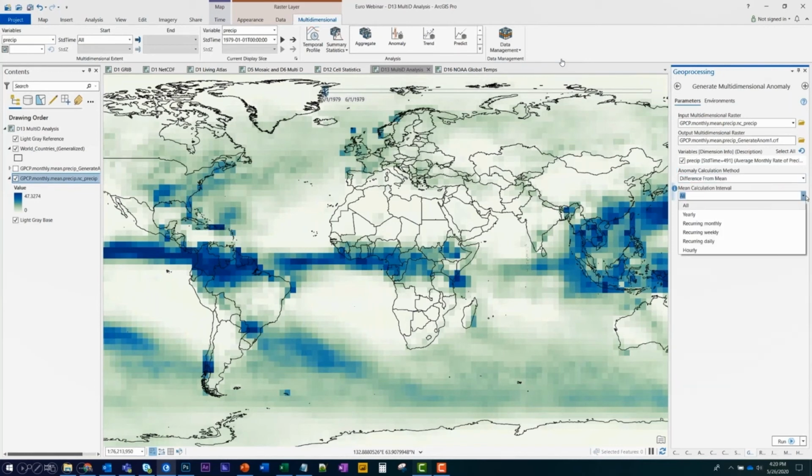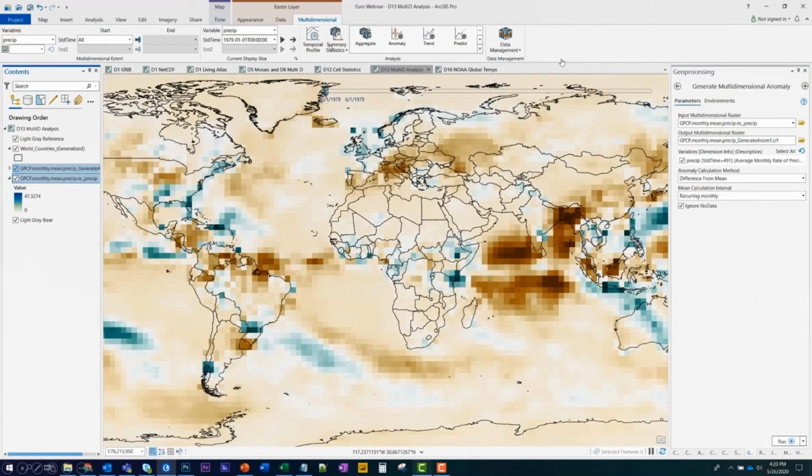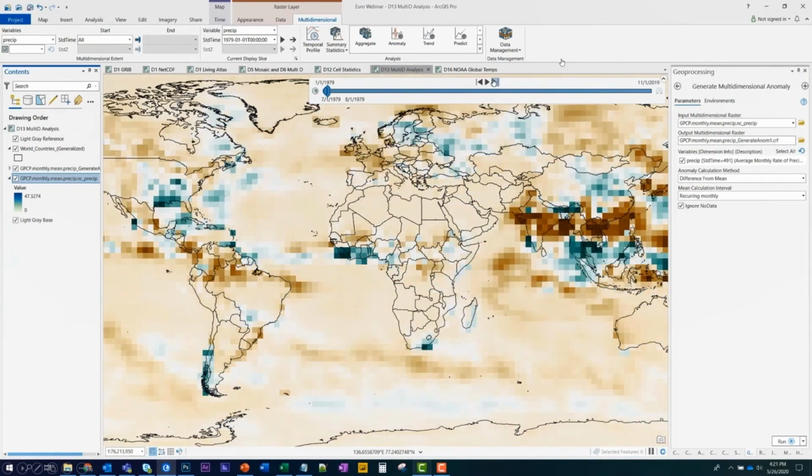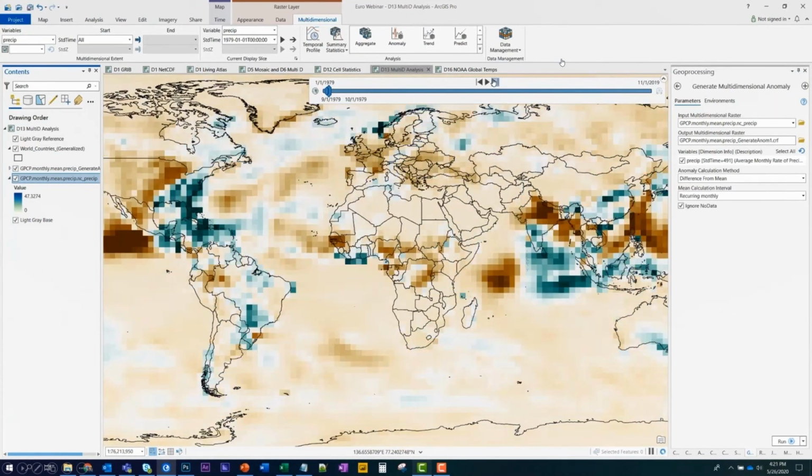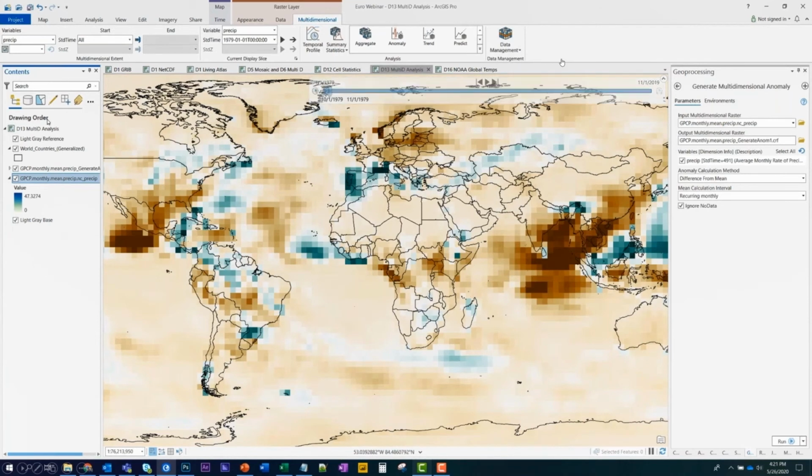And what is the interval? Do we want it based on a monthly or yearly anomaly, whatever it happens to be? I'm going to do monthly because it's monthly data, and I want to see the monthly anomaly. So all we have to do is run that tool. And we get the output as an aligned layer in time. So for every time step of precip, we can see the time step in anomaly